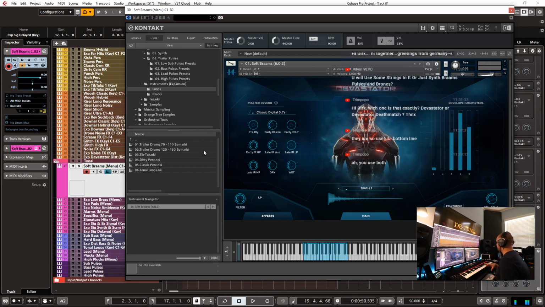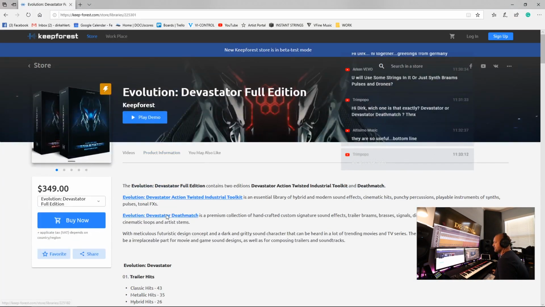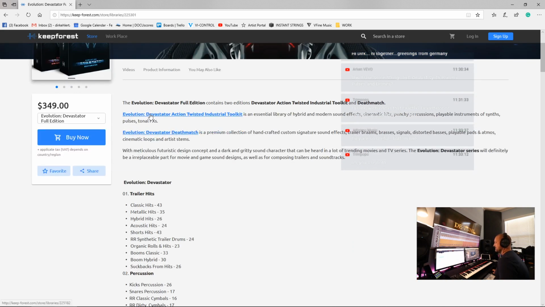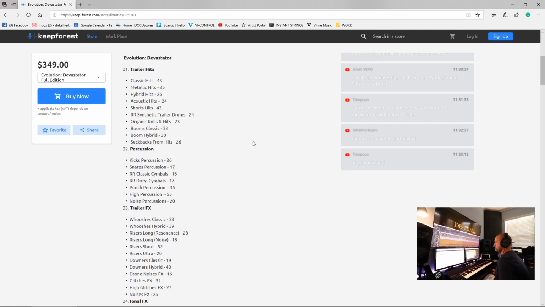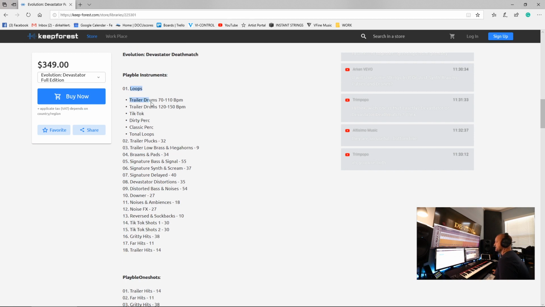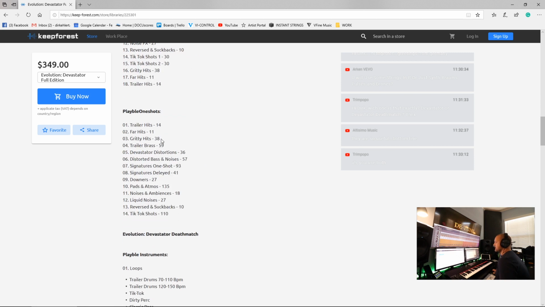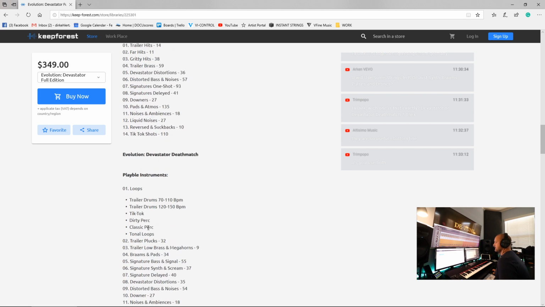But yeah, right now I combine Deathmatch and, I always forget the name, the Action Twisted Industrial Toolkit. That's the second. That's the actual Devastator. So yeah, as you can see, Deathmatch is kind of an expansion with loops. We haven't even looked at these yet. More plugs, more signature sounds, far hits, trailer hits, and